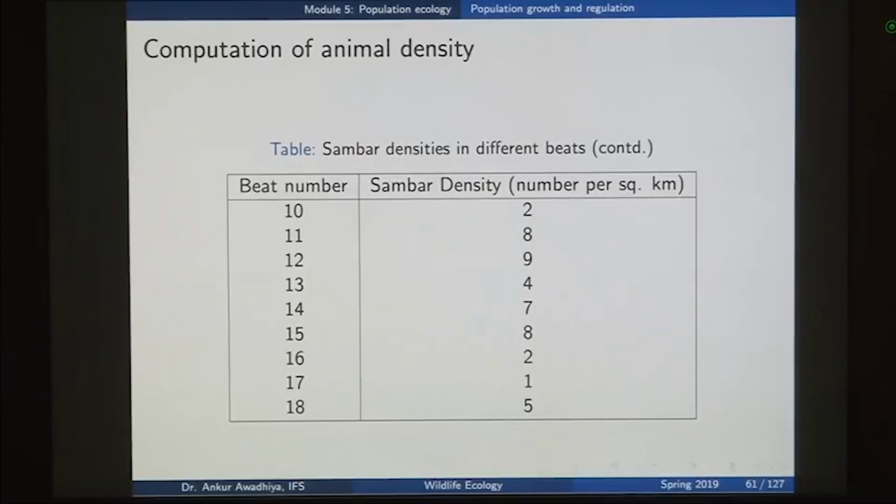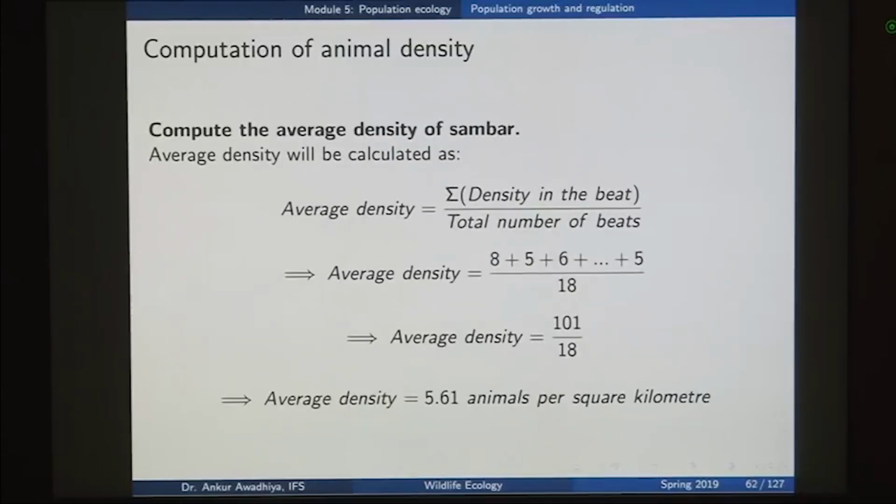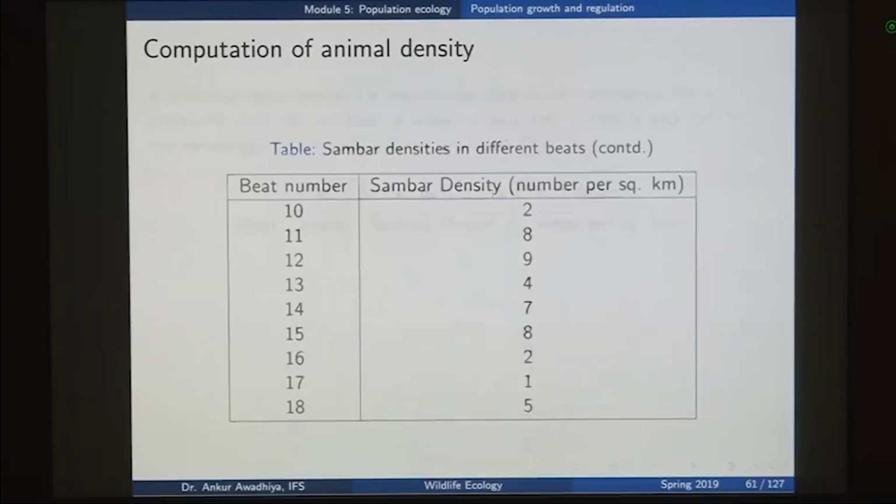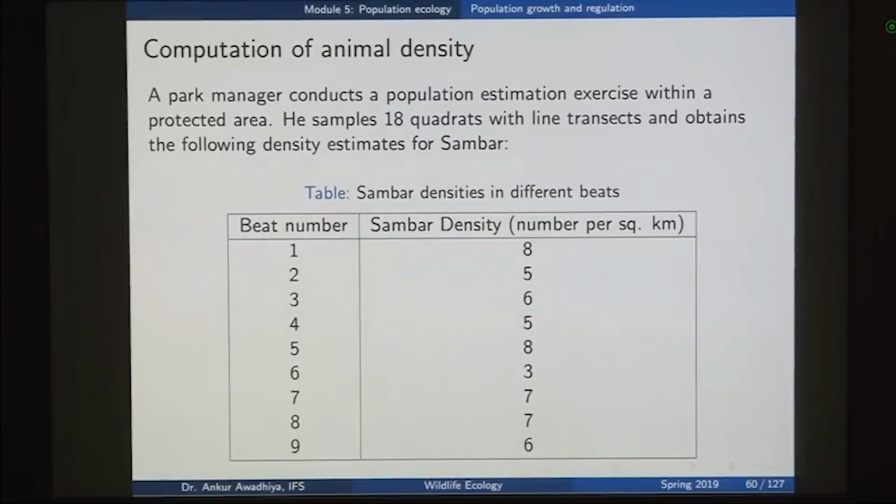So, we make a sum of all these different densities, divide that by 18, and then we get the average density: 101 divided by 18, or 5.61 animals per square kilometer. So, this is a simple example of how we use sampling to get one estimate for the whole of the population. We took 18 different samples, and for all of these samples we computed the Sambar densities using line transect. Now, line transect is a method